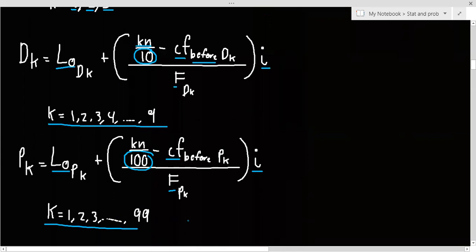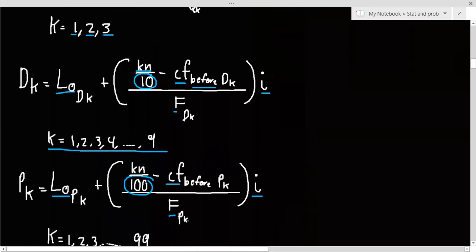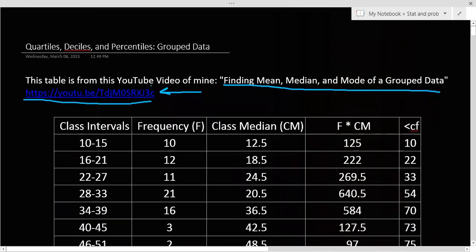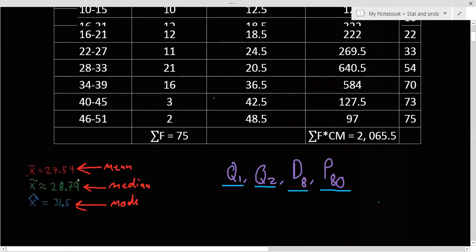Okay? So, if you want to know more in detail about how to get the CF before, kumbaga, you want to know more information kung paano mo siya makuha, I suggest na panoorin mo yung YouTube video na to. Itong pinilugan ko. Panoorin nyo to. Bakit? Kasi si median,